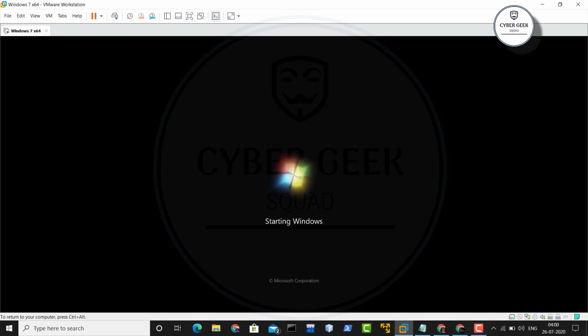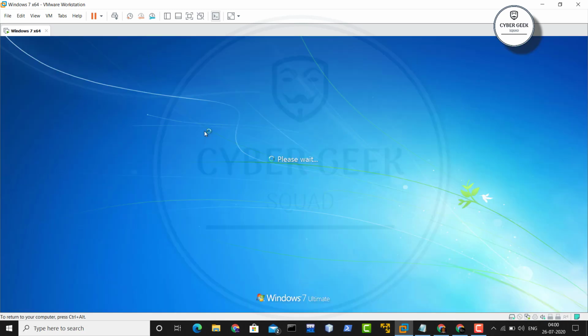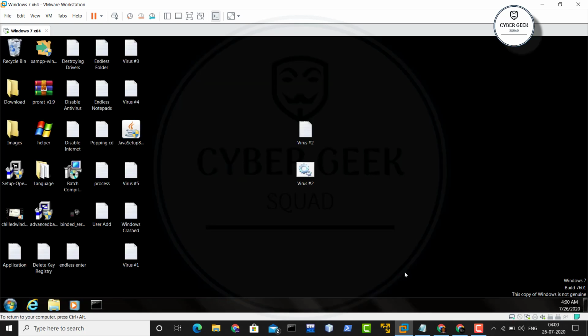So basically it will not, because our base script was not programmed in such a way that it will start executing automatically when we start up Windows, right? So let me just wait a bit. Okay, there we go. You can see there is nothing executing right now on startup, which is a good thing, because this script will only execute when you run it. So how do you set it up to run automatically? We will see in the upcoming videos.